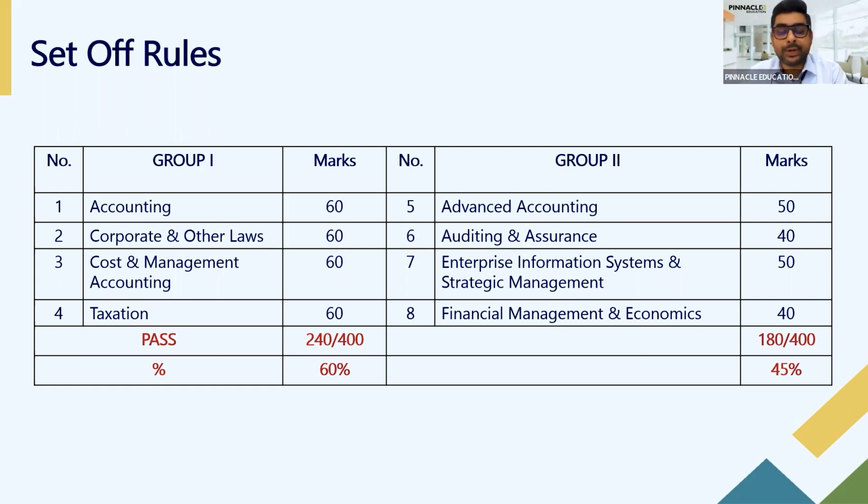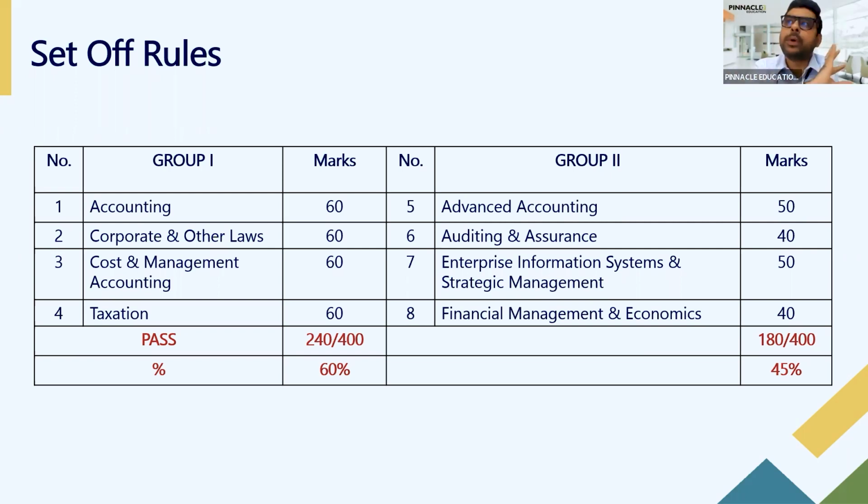You had not given group two at all in an attempt. Okay, you had only given group one. Now, have you scored a minimum of 40 in each? Of course, you have. Have you in an aggregate scored more than 50%? Yes, you have. You scored 60%. So obviously, this is considered to be a pass. Okay. Now let us assume you gave group two separately. You didn't give it in the same attempt.